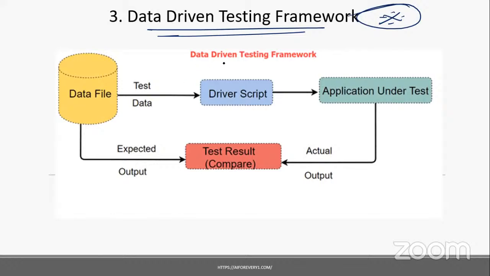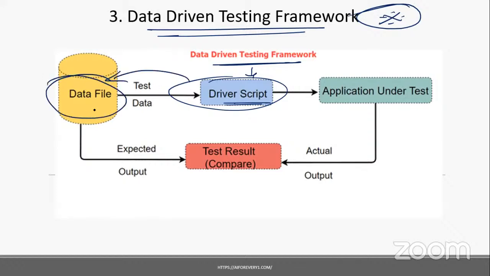So here, what is that? They try to create the main script, the application driver script, which will drive the entire framework. All the scripts will be here, but the test data they will keep in a separate place, a data file. It can be a database, Excel, or Microsoft Access. There are so many options for accessing the test data. It can be anything. From that, we will use the test data.